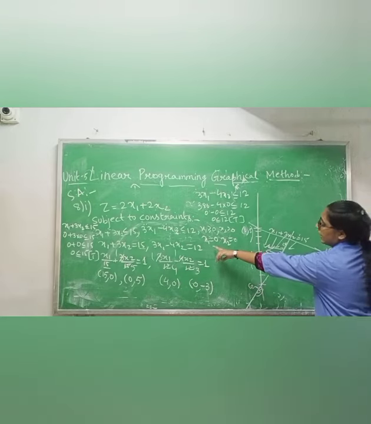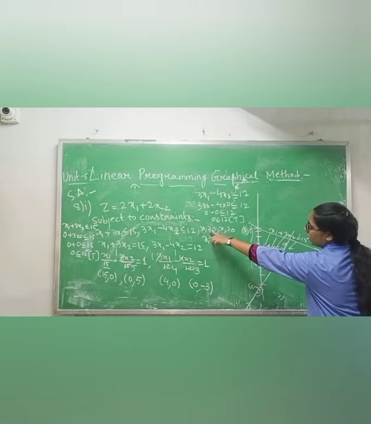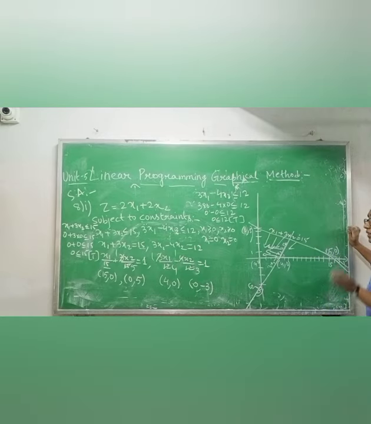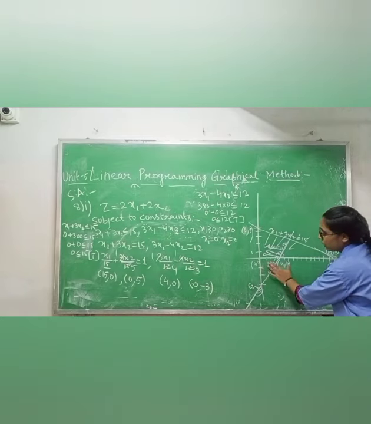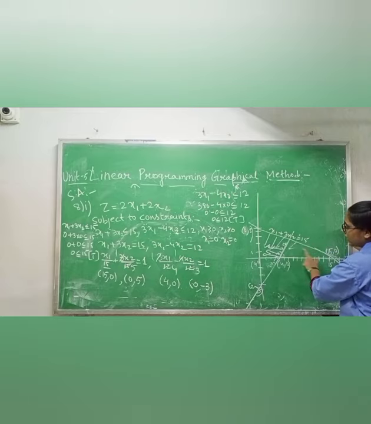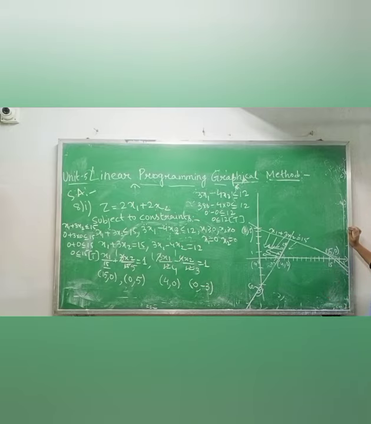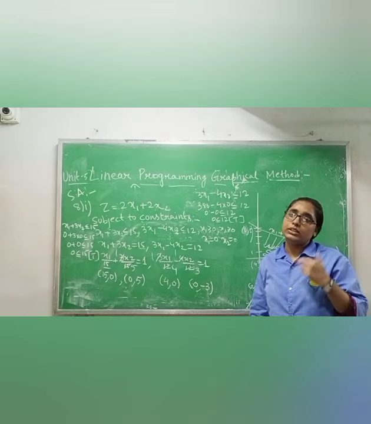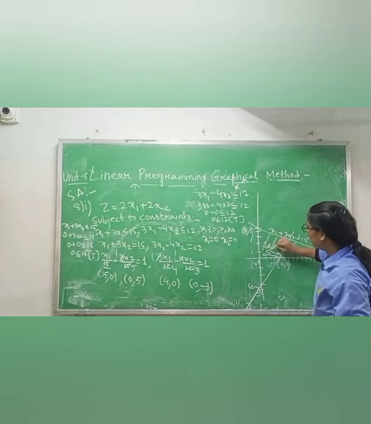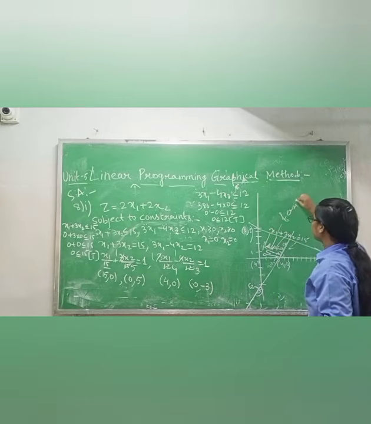Okay, and it is written that x1 is greater than or equal to 0 and x2 is also greater than or equal to 0. It means it will never be negative, it is restricted in linear programming. So we will not be able to take this portion, as well as this portion, because if we take it, it is coming only in this equation. This part is not coming in this straight line. The feasible region is the region which is common to all the lines, if we have more than one line. Okay, 2 lines, 3 lines, 4 lines, it must be common. So this is the feasible region.